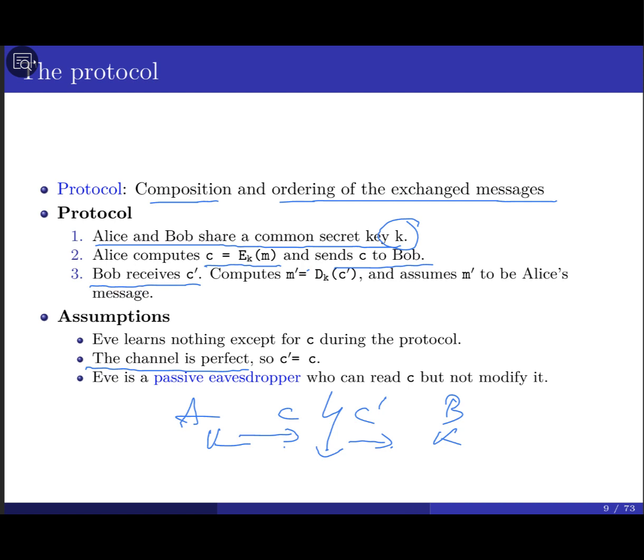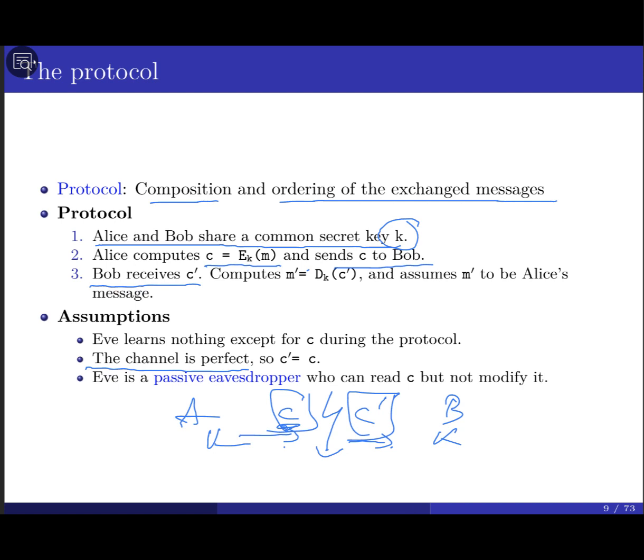But in our case, we have security, and we just care about the message that Alice sends, which is the one going to be received by Bob. I'm talking about the channel, not about the guy who tries to intercept and modify the message. That's a different story. But we assume that we have a perfect channel, even between the malicious guy and the recipient, because whatever the malicious guy sends is going to be received by the recipient. That's why it's a perfect channel.